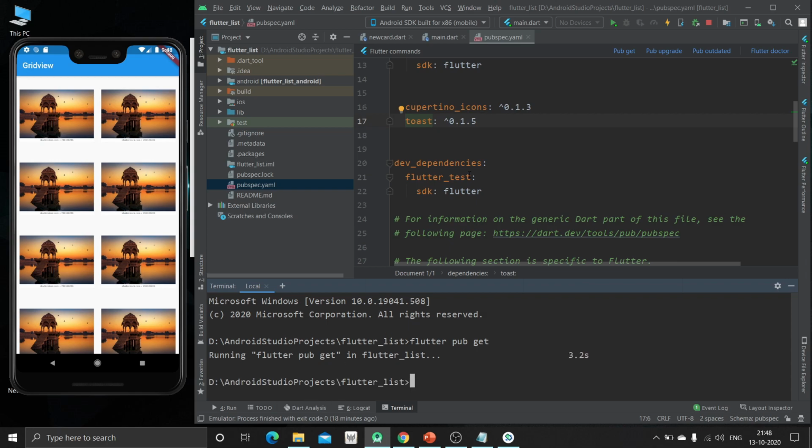The properties that are provided by this toast package are message and toast length. Message is the message which we want to display. Toast length is the length of the particular message. Gravity is from where the message should come or where it should be displayed, like at top, at bottom, or at center.